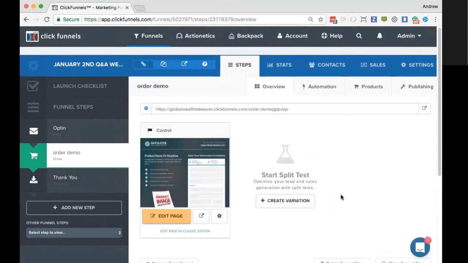You can do this on any order page you choose. If you're looking for more information on how to structure that, that's something I would definitely reach out to the Facebook community about and see if anybody has any input in whatever niche you are working in. Maybe there's a funnel in the marketplace you can go check out. Do a real quick search inside the marketplace for a keyword in your niche and see if any funnels pull up that are doing a free plus shipping offer there as well. That's marketplace.clickfunnels.com that you can do that.